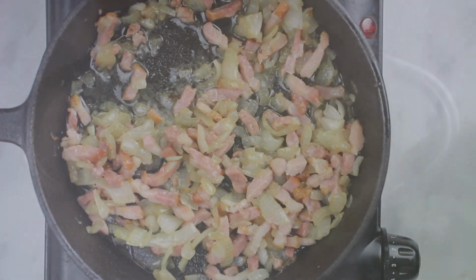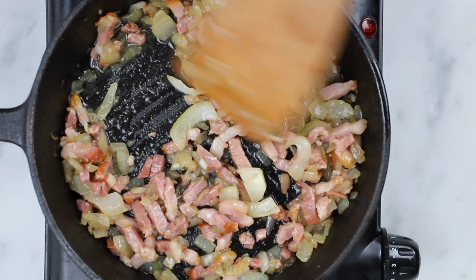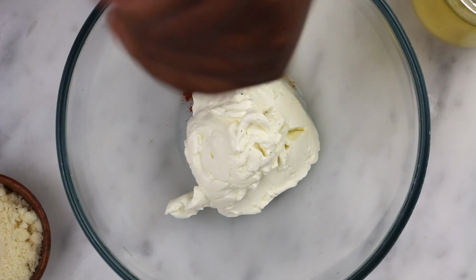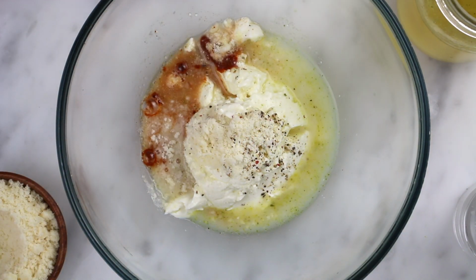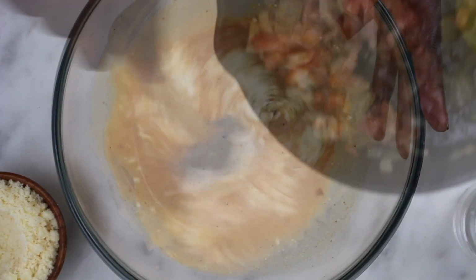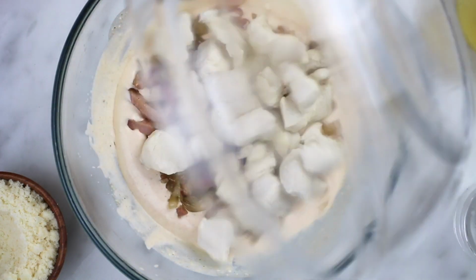Then cook the onions and bacon with a little bit of oil or butter until the onions become translucent. To the cream cheese, add paprika powder, salt, pepper, Parmesan cheese, and chicken broth. Mix it and add the cooked bacon and onions and chicken